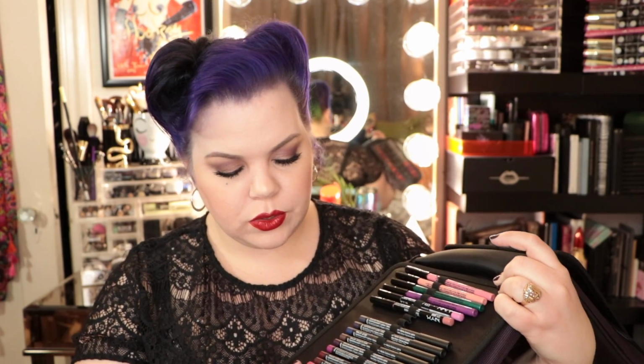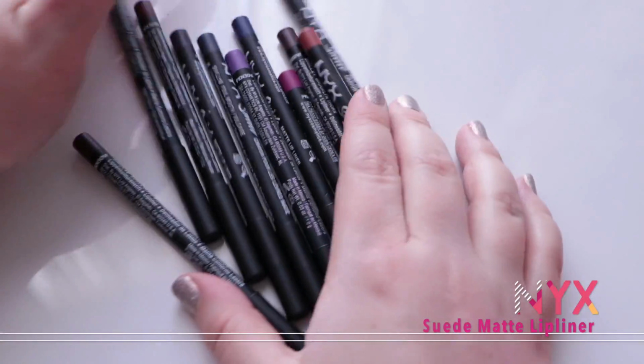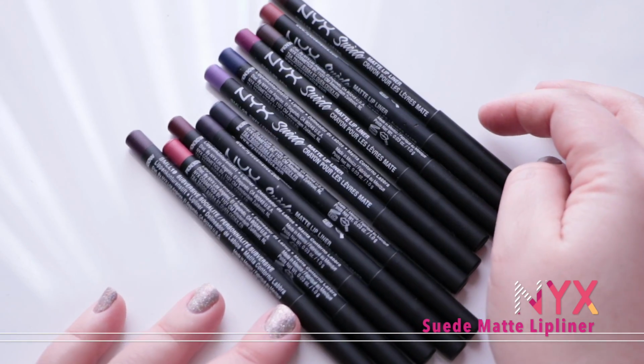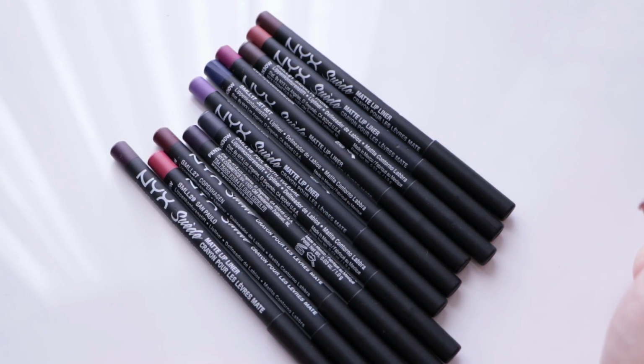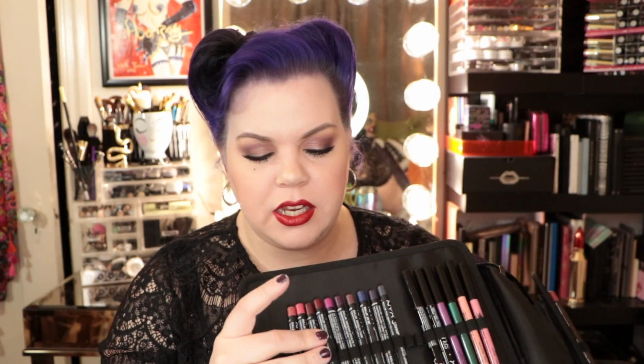pick it up. The final thing that I picked up from NYX were these lip liners here. They came out with this new line of lip liners called Suede Matte Lip Liner. So these were $3.99. They had a whole bunch of colors that seemed really appealing to me. Lots of cool purples, stone type colors, and some pinks and reds and whatnot that looked interesting to me. I did use one the other day, the red shade, which is not in here because